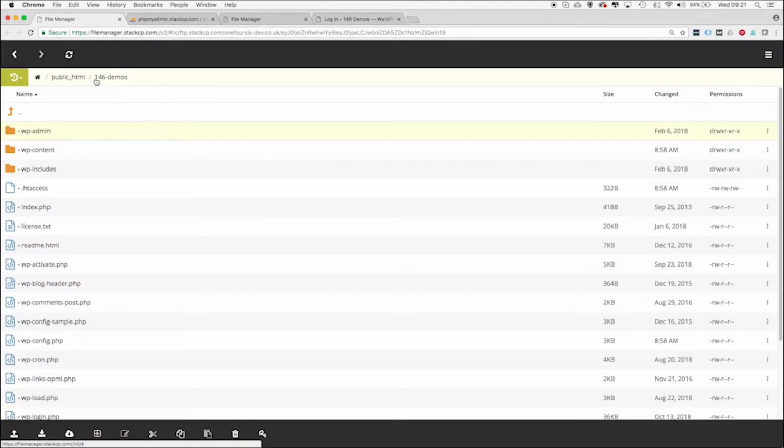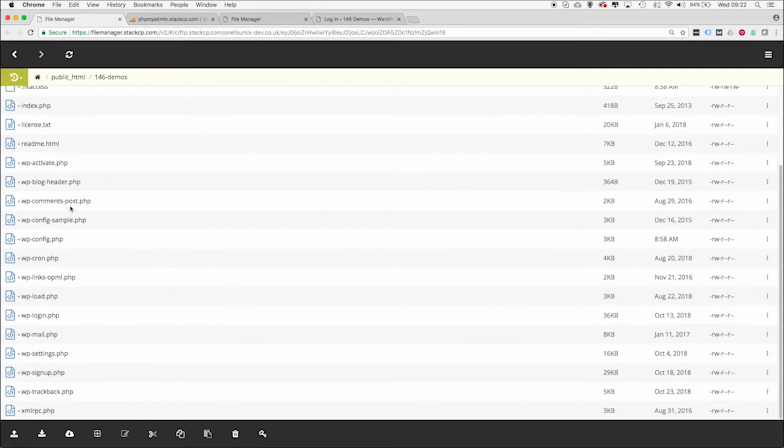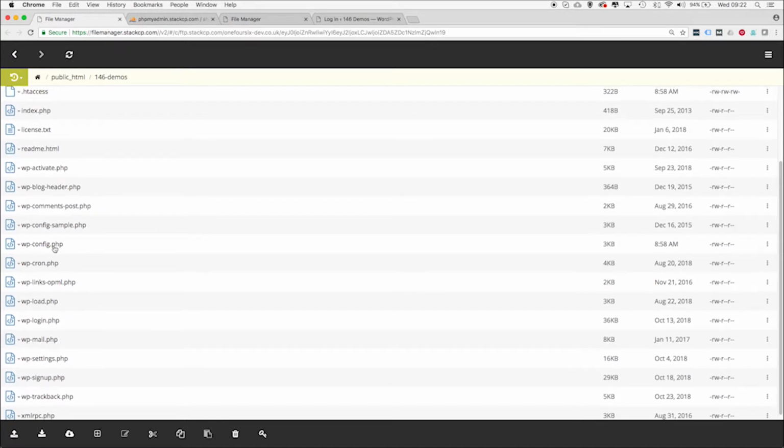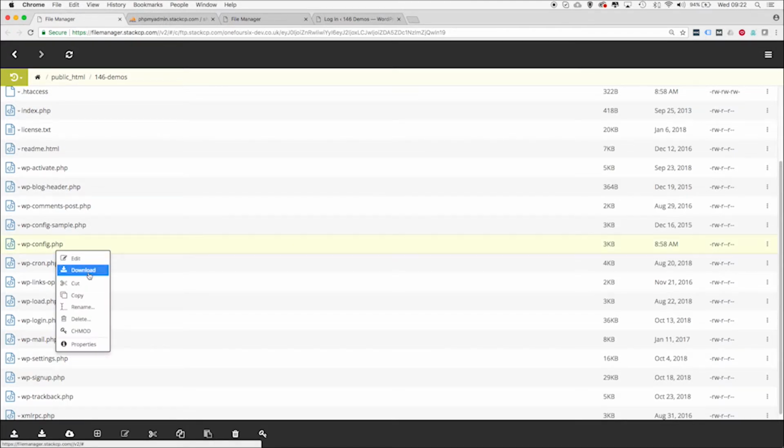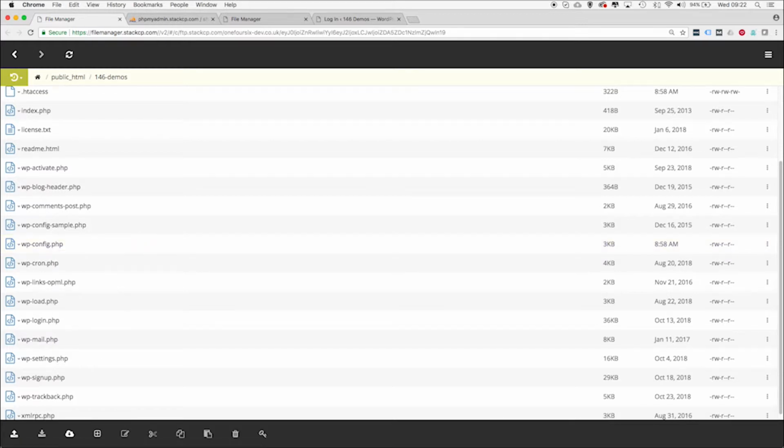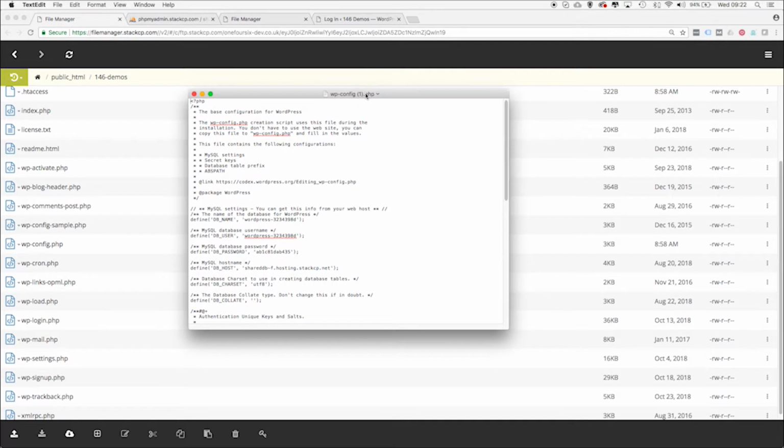But assuming you do have access to your file manager, I'm just going to bring ours up. This is our dummy site, you'll need to access the file manager first of all, and then the public HTML folder. And within that, obviously we've got a few sites, a few subdomains within that folder. But you should automatically see this screen. And what you want to find is your wp-config file. And what you ideally want to do is either download that or view that file. I'm going to bring ours up now. So this is our wp-config file,